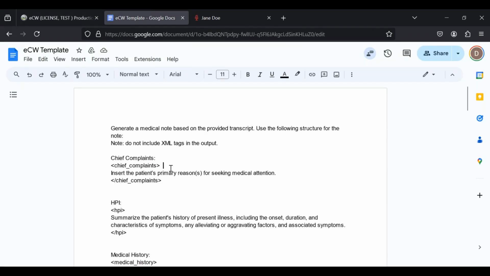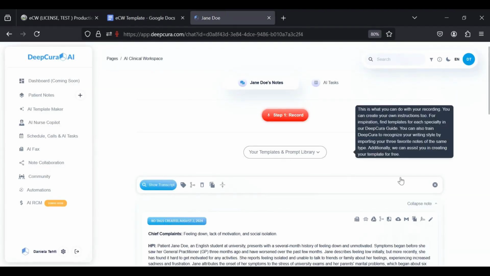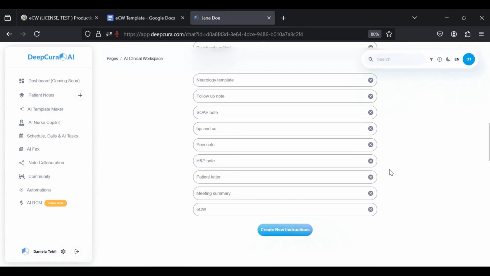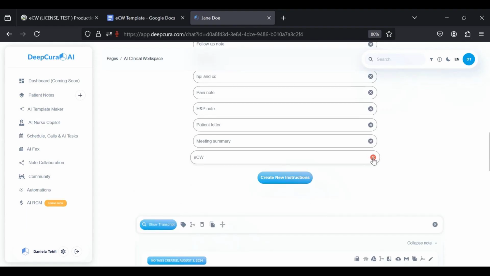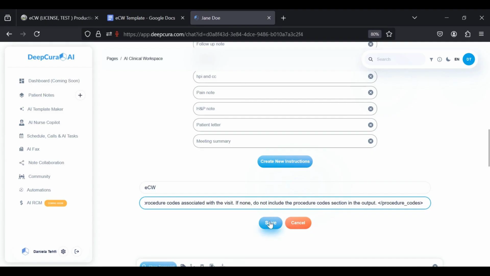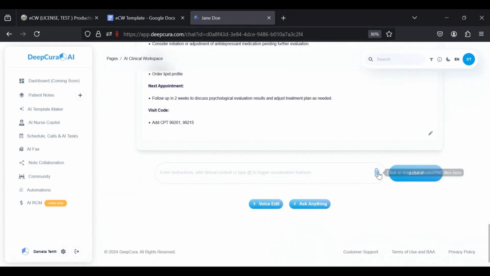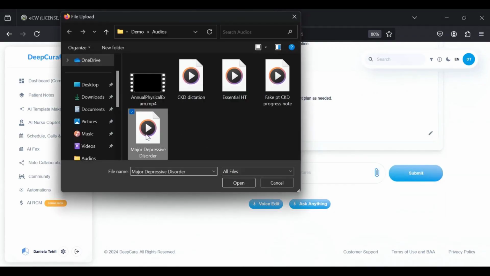So if you go to the template library, you'll find this ECW template, and you can save it into your library like I'm going to do here. Let's pretend I'm saving it for the first time and click save, and then you simply pair it with your audio. I am going to attach an audio here